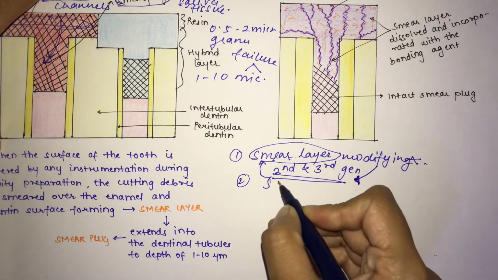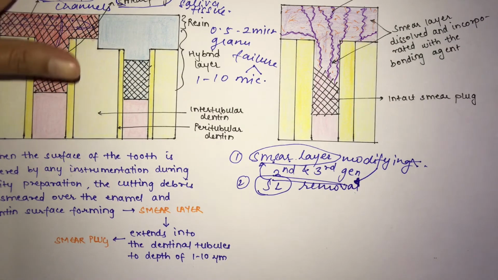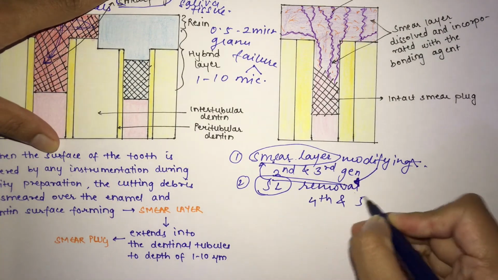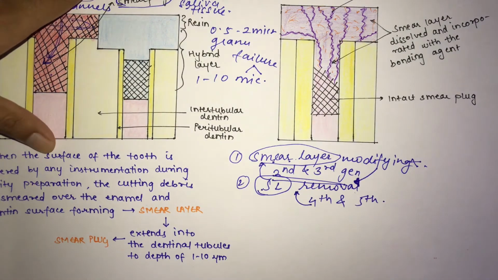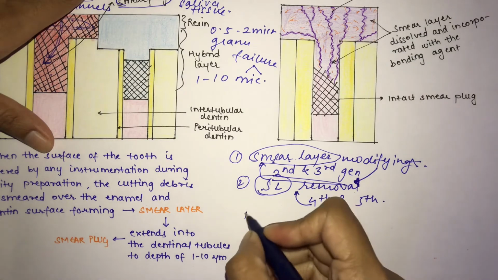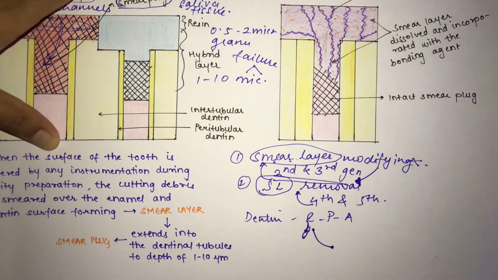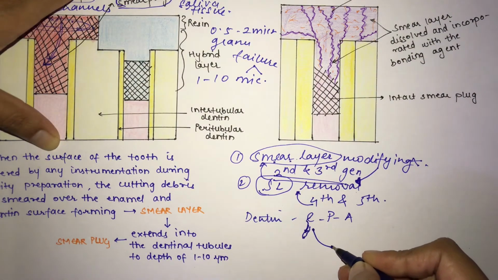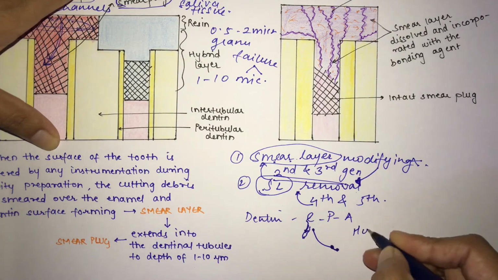Now the next is smear layer removal. As the name says, you're removing the smear layer as a whole. In this, the fourth and the fifth generation dentin bonding agents lie under this approach. It is based on the removal of the smear layer and the smear plug to enable optimal penetration of the adhesive to achieve an adequate thickness of the hybrid layer. In the dentin bonding agent, you basically have three components, that is the etchant, primer and adhesive. In this removal, the adhesive properly penetrates into the proper thickness of the hybrid layer. Now what is this hybrid layer?